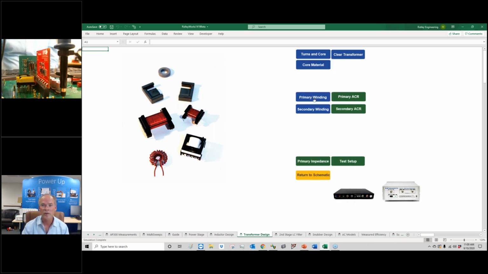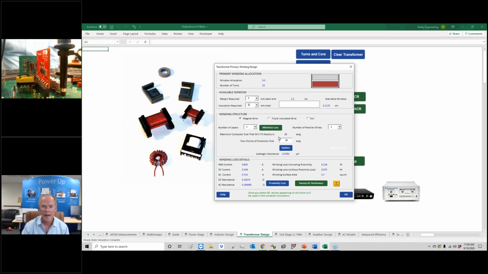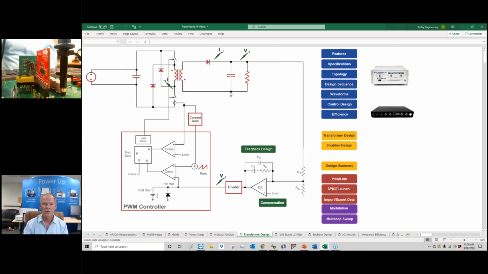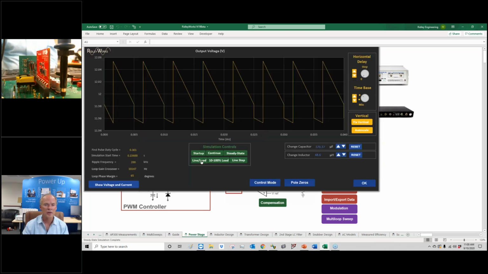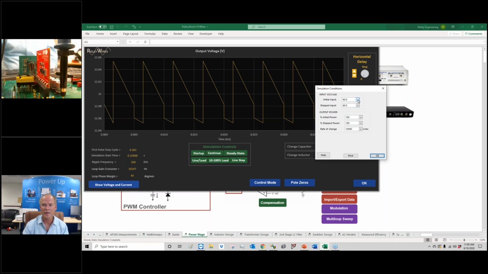Then we go to the primary winding loss. And it tells you here, this is the winding loss if you don't do proximity, is 0.073. And then if you do the winding loss with proximity, it's 0.118. Now I've changed conditions here. This loss always refers to my latest simulation. Okay, so if I set my line back to low line,